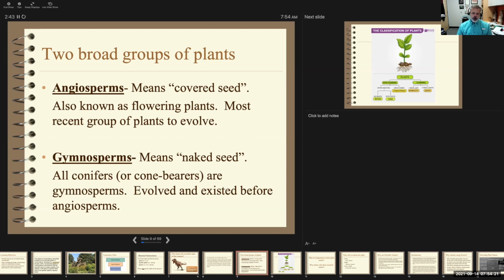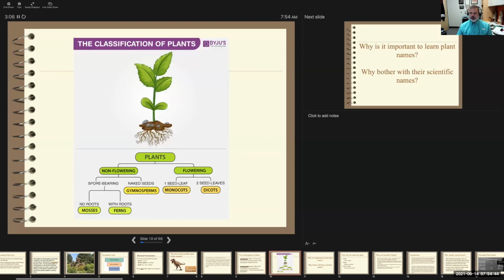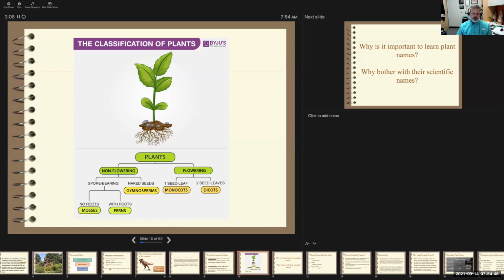Gymnosperms are what we think of as pine trees, conifers, cone-bearing plants. There's a lot more to it than that, but those are great examples. And that literally means naked seed. And so we need to start by just kind of knowing these 2 broad classifications of plants. And I'm going to get into this a little bit more in depth. And so here's those 2 different